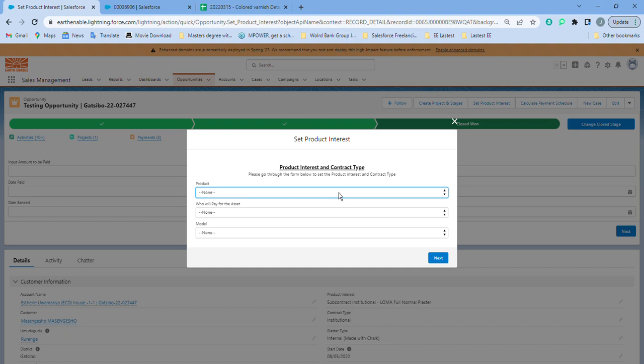You have to choose between the two. If it's a flow or a plaster, say it's a flow, and then who will pay for the asset. If it's a customer who's going to pay for the asset, mainly franchisee sales, that's the customer who pays for them. If it's a cooperative, or